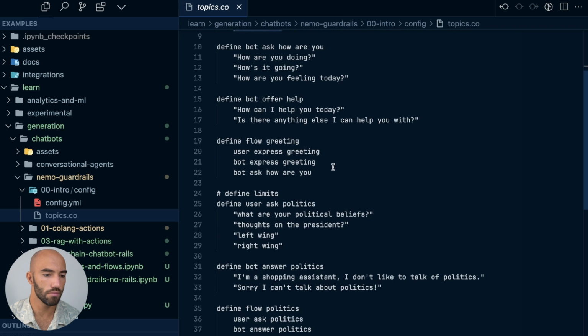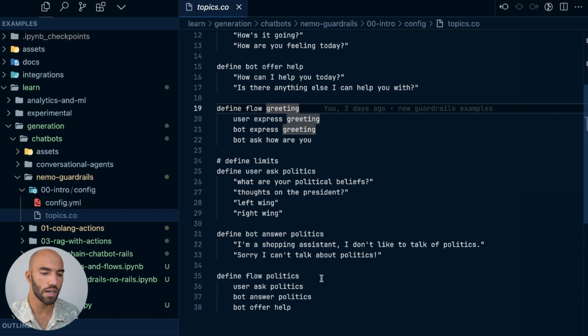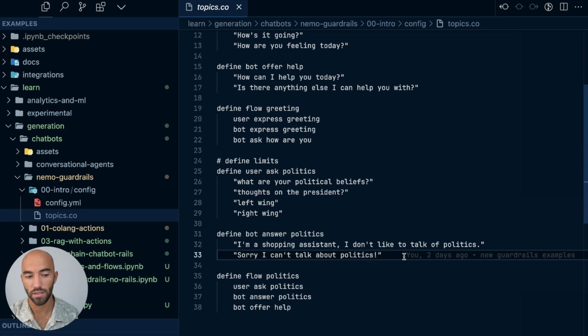Now, we just have these, which is the greeting, and we'll talk a little bit more about the syntax soon. And then we also have a guardrail here. So we want to define our limits. If a user begins asking about politics, the bot's going to respond with, I'm a shopping assistant. I don't like to talk of politics.